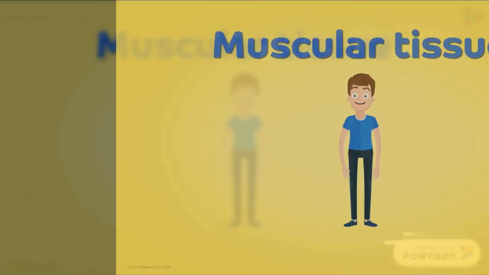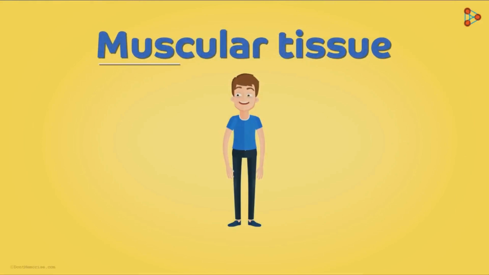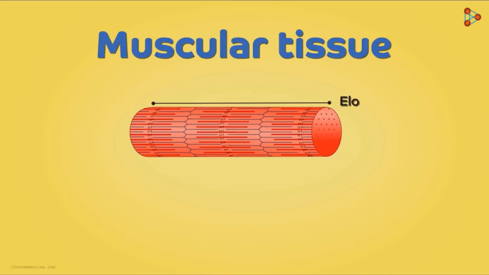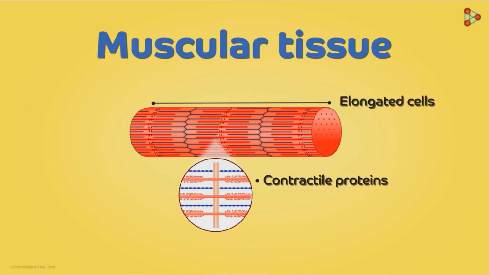Muscular tissue. As the name says, muscular means made up of muscles. The cells of this tissue are elongated and contain contractile proteins. Now what could that be? Well, when we say movement, it means the muscles themselves have to perform contraction and relaxation, right? So for this, the cells have proteins like actin and myosin, which themselves contract or relax, thus enabling the muscles